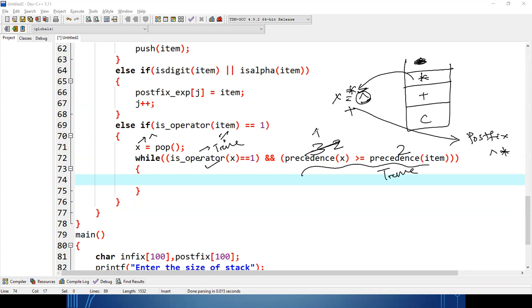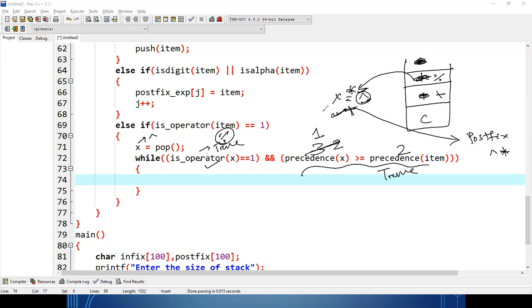Precedence of plus is 1. 1 greater than or equal to 2, because modulus has precedence 2? False. That means I'll conclude that now these two operators, power and multiplication, will be moved to postfix. Also this plus has been popped, so it is now out of the stack. So before keeping this modulus, first of all I'll keep this plus. So first I'll push plus, then I'll push modulus.